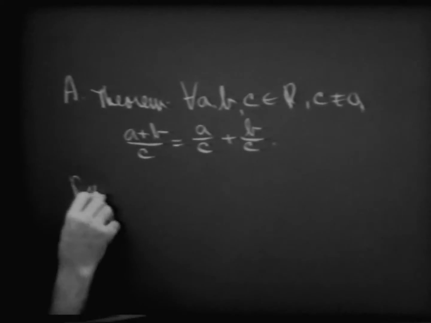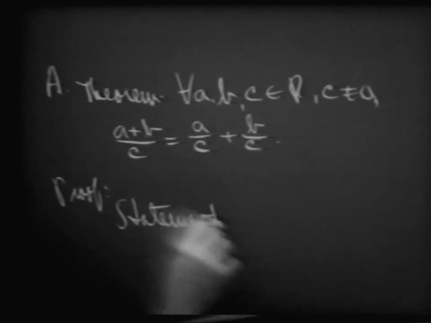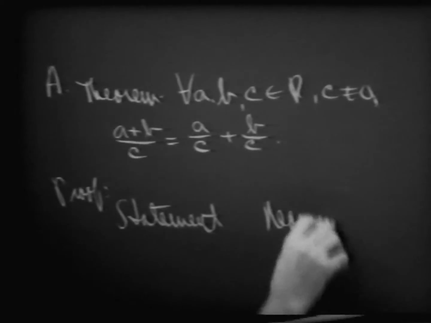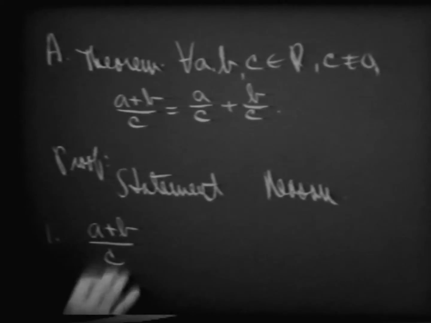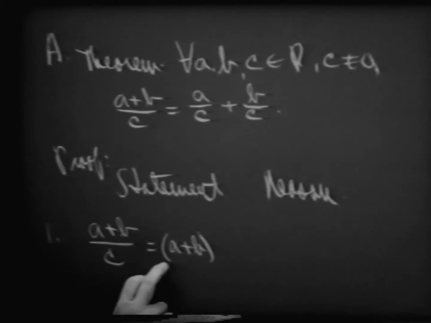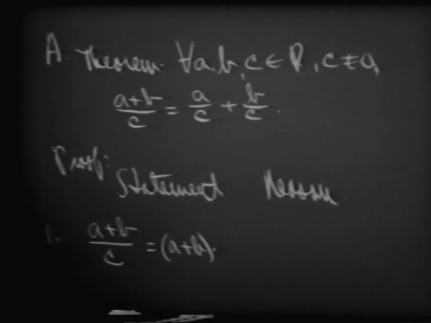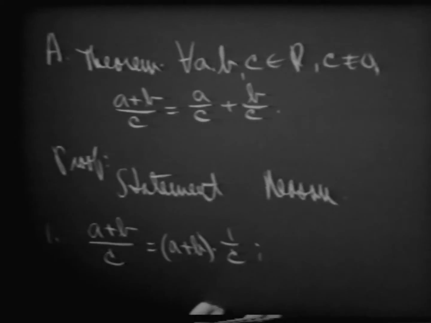Let's see if we can prove this. The proof is actually very straightforward, very simple. Here is our statement and the reason for that statement. Let's start out here with (a plus b) over c, and look at that and say to ourselves that it may be written as (a plus b) times 1 over c. And the reason for this, of course, is